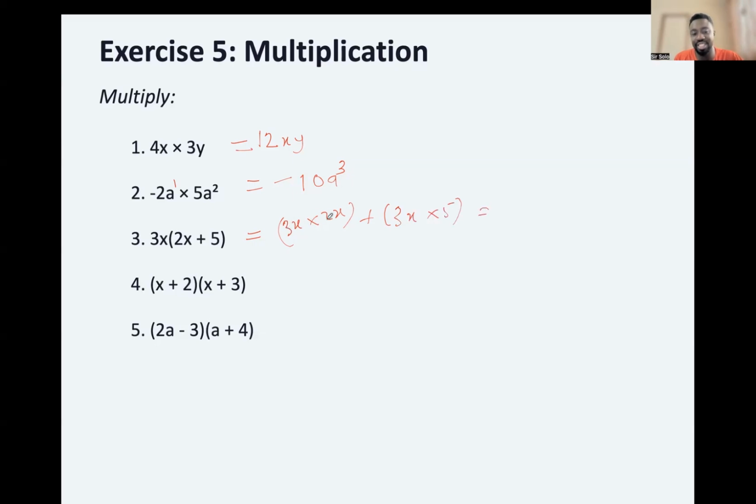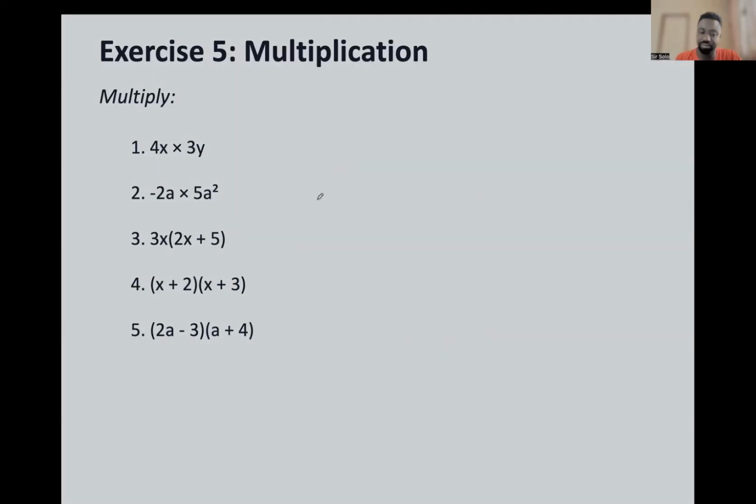3x times 2x. You multiply the coefficient by coefficient, you get 6. x times x is x squared, because you add the powers. Now you cancel this one. 3x plus 5: 3 times 5 is 15, and we add the x to it. Good. So x plus 2,